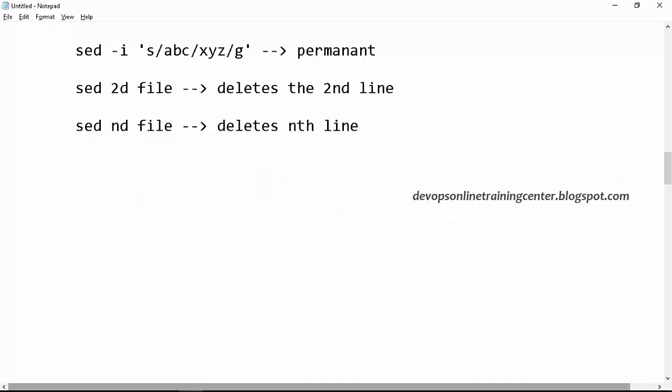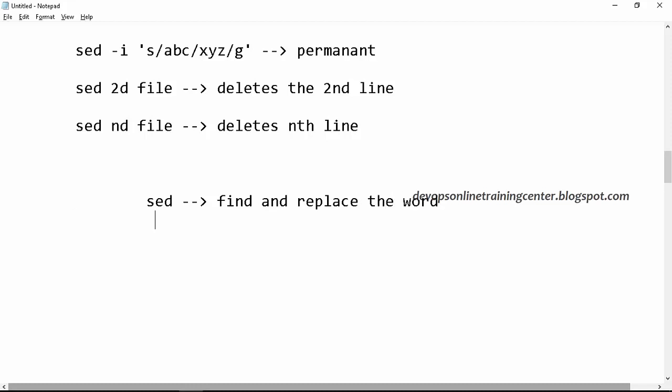So there is also another utility called AWK, which we will see. sed is basically to find and replace words. Right.